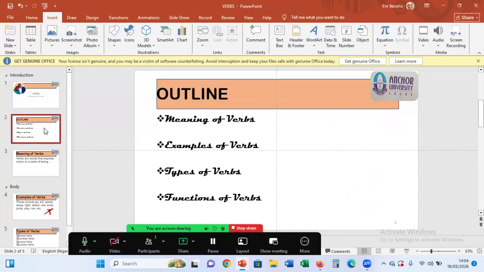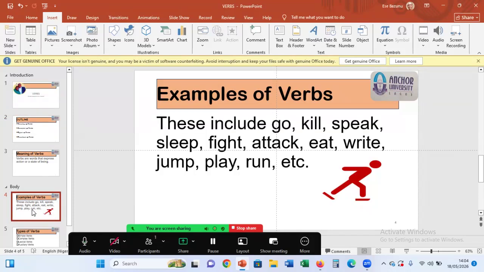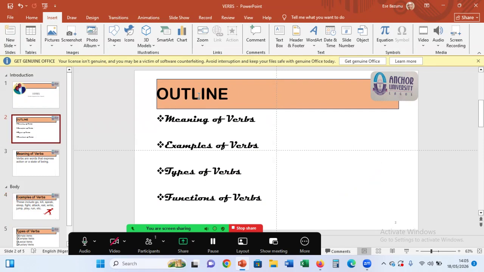For example, on slide 4, we have examples of verbs, where you see the different examples of verbs. Now, if you go to the second slide, where we have our outline, in this outline we have meaning of verbs, examples of verbs, types of verbs, function of verbs. Supposing